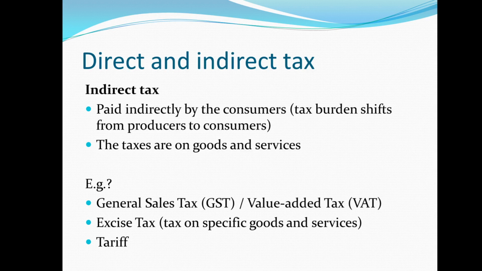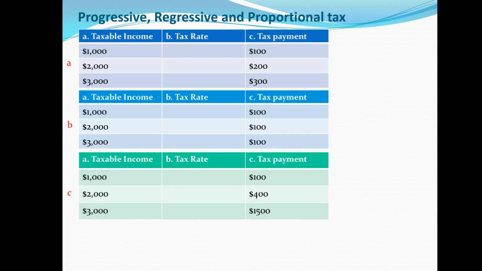All right, so let's move on, since you have known all of them. Here, ABC. Can you quickly identify the nature of ABC, the taxes? I'm gonna give you some time, or you can just read. Just look at the data and quickly tell me if A should be progressive, regressive, or proportional, and same goes to B and C.